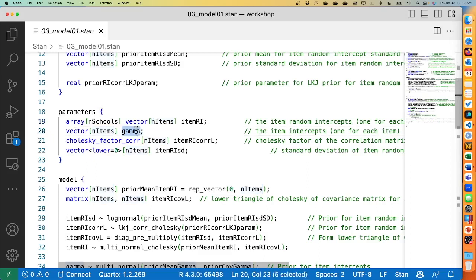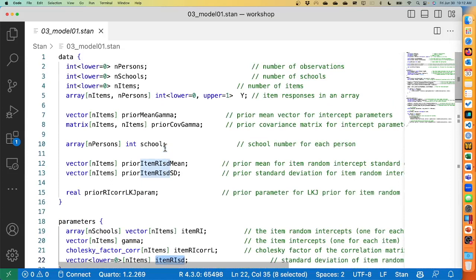We have our item fixed intercepts. We have our lower triangular correlation matrix, and that's a special type of variable in Stan, which is the Cholesky factor correlation. So it anticipates it just being a lower triangle. And then finally, a vector for our item standard deviations. So that's parameters. And then finally, in data,